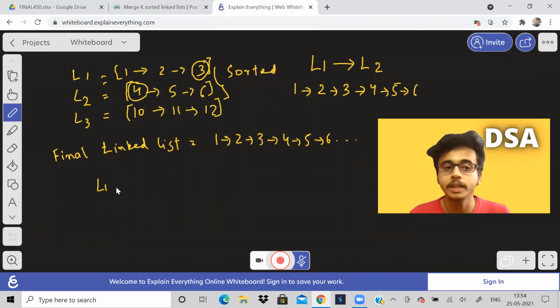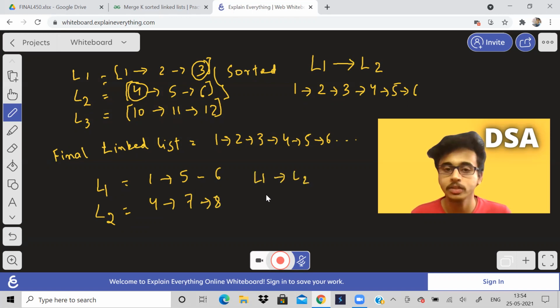But what if linked list 1 was like this, 1, 5, 6, and what if linked list 2 was 4, 7, 8? Can we directly attach linked list 1 and linked list 2? If we do that, it will be 1, 5, 6, 4, 7, 8. Is it sorted? See, 4 is coming after 6, so it is not sorted. So what did we learn from this?